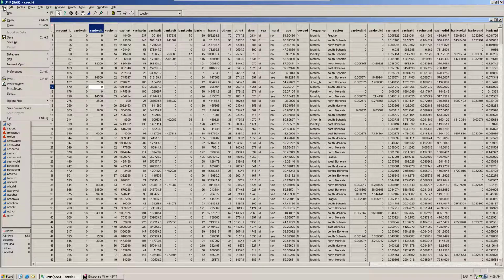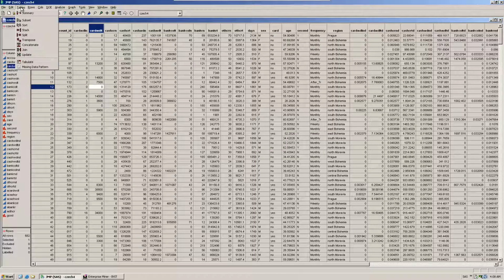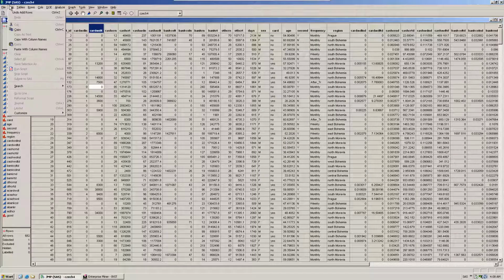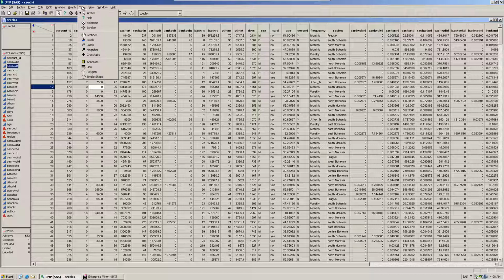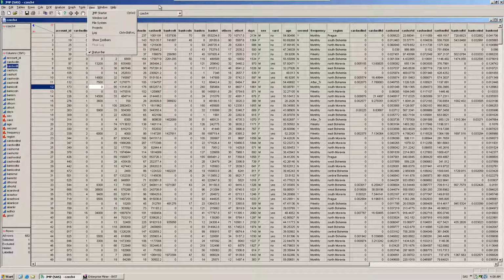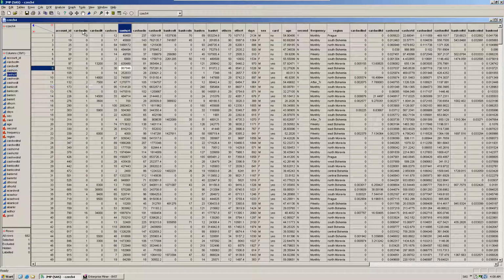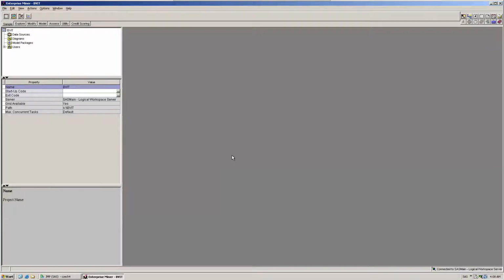Now I want to increase the screen size. View. Sorry, unable to increase the size. Okay, please adjust this and bear with me.